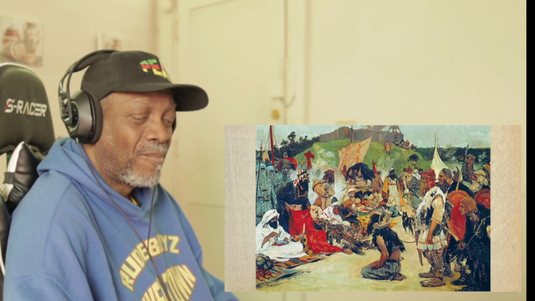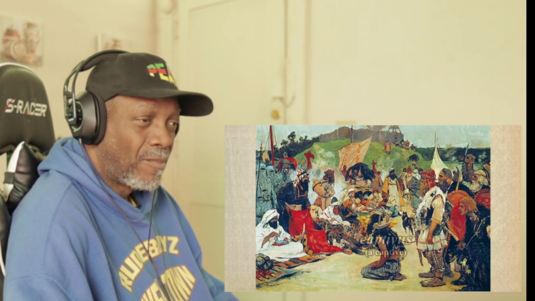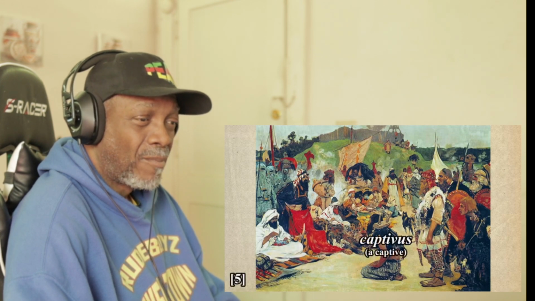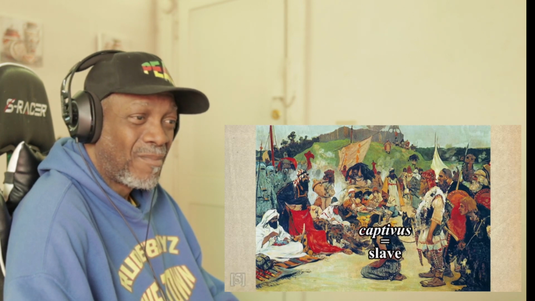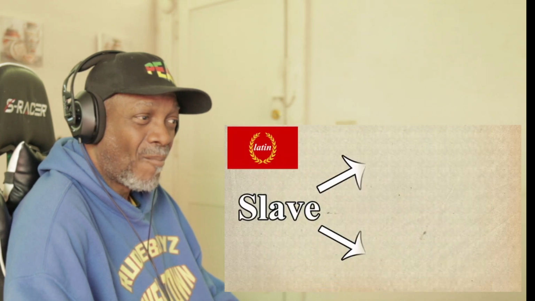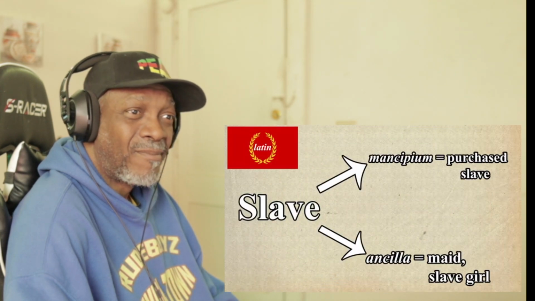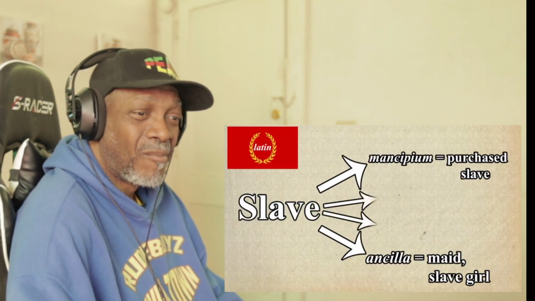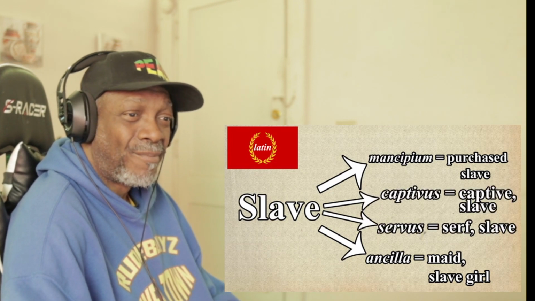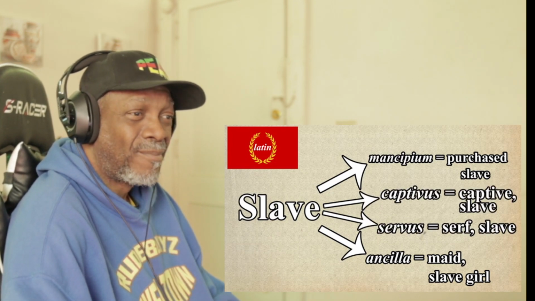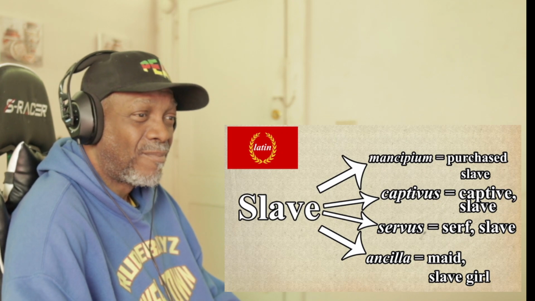For example, the Latin word for a captured person, captivus, was sometimes used in the Middle Ages as the word for a slave, either in combination with the word servus or on its own. The previously mentioned other Latin words, which could mean slave, were also sometimes used. However, what eventually became the most common type of word to define a slave was not some kind of Latin word, but an ethnonym.